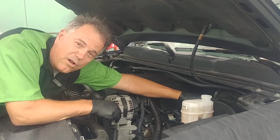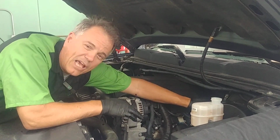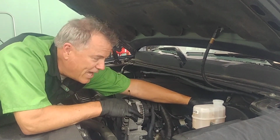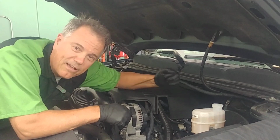Now most people would also say that you need to replace the brake booster as well, which is wise to do. In this case, I cleaned it out and we're going to see how long the booster lasts. But if you're losing brake fluid, can't find out where it goes, this is a great dipstick and you can